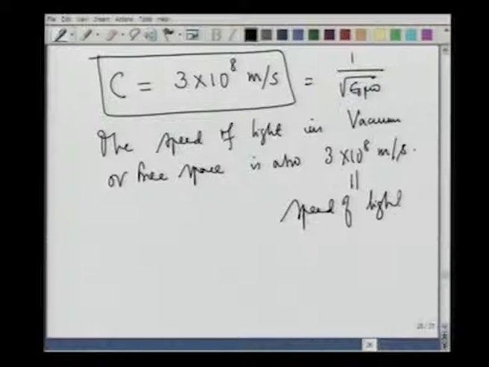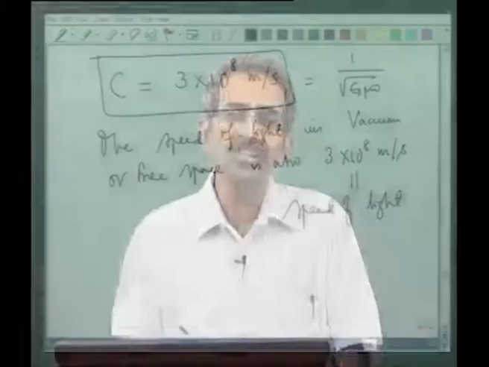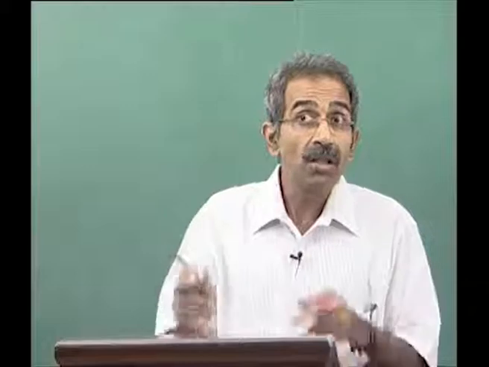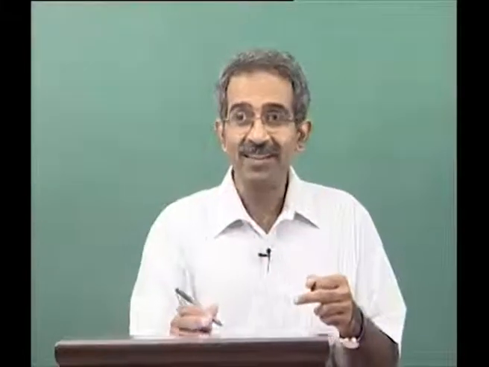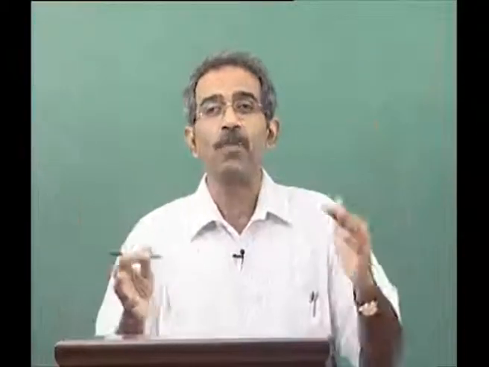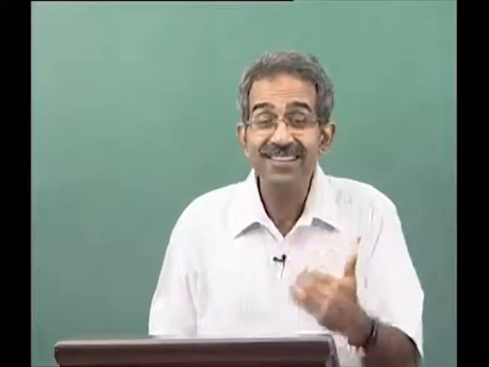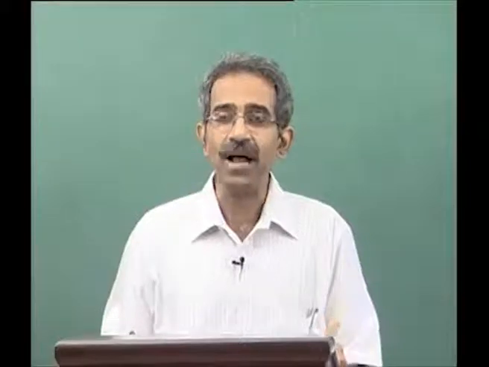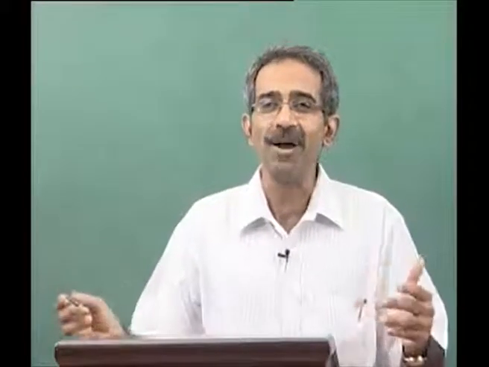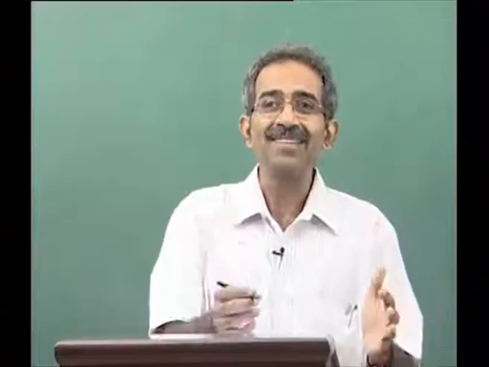And Maxwell is asking himself, is this a coincidence, in which case there is nothing much to be read, or is this a deep connection, in which case I understand light. What people thought of as some funny propagation of light is actually a propagation of an electromagnetic disturbance, perhaps in a medium called ether, or maybe free space as we understand today. It is this insight which one would like to check, and Maxwell took a giant leap of intuition, of imagination, and decided one should be able to identify light as a particular electromagnetic phenomenon.